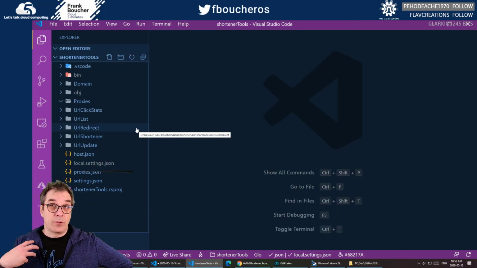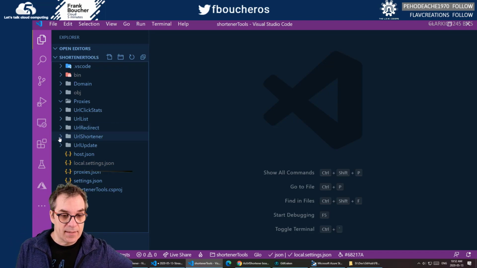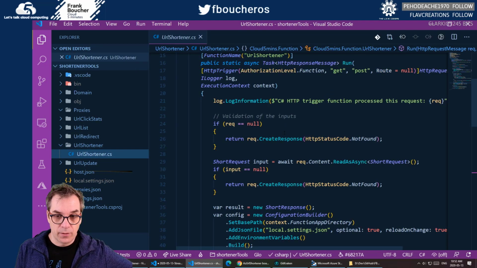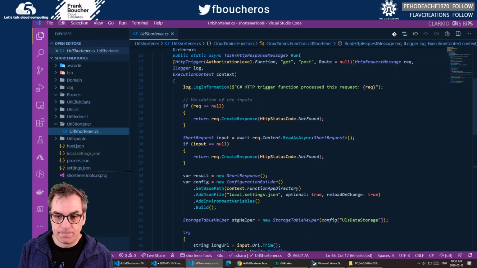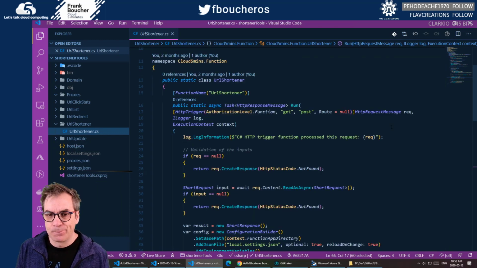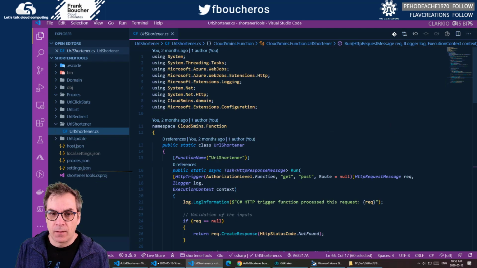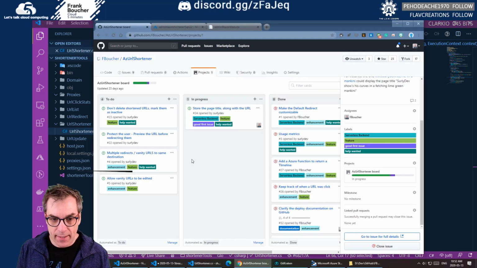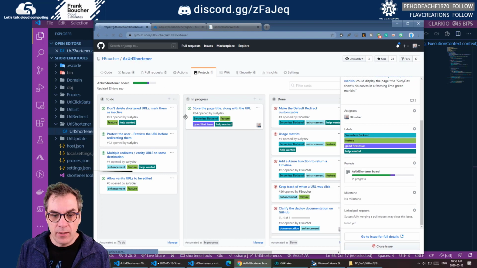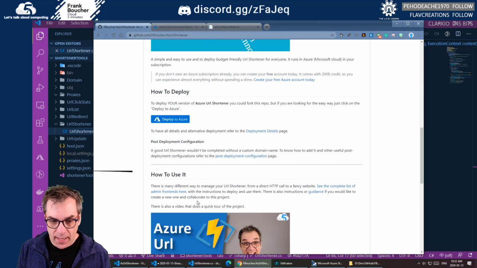So now when you create a new link, that's URL shortener, you could get a title property. Also, I would like to add, you know what, let's do that right away. I want to do, in here, I think in how it works, I add that documentation.